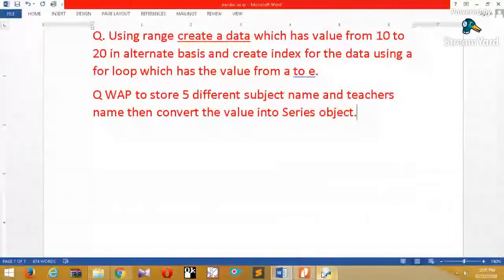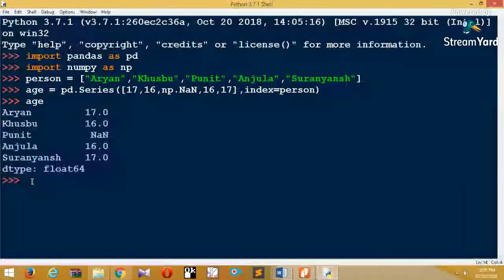So for this purpose, simply I will use one subject list and one teacher list. So here I'm taking the subject list. Suppose the subject is a list type I'm taking here. So I'm taking first math, then I'm taking ETP, then I'm taking